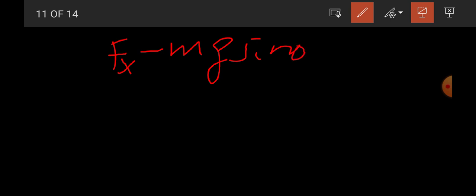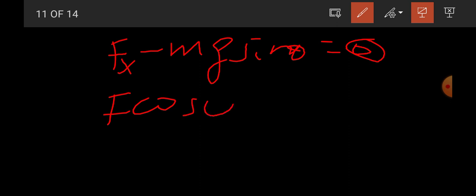The two forces are in opposite directions, so Fx minus mg sin theta is equal to 0, because the box slides with constant velocity along the plane, so there is no acceleration. Constant velocity, so Fx, that is F